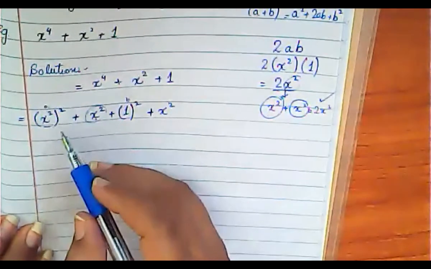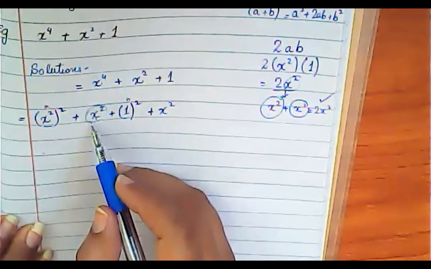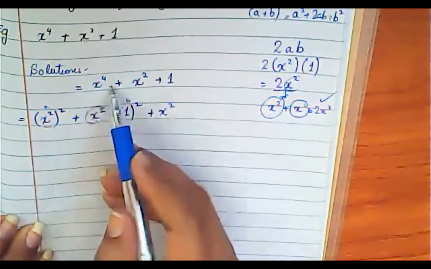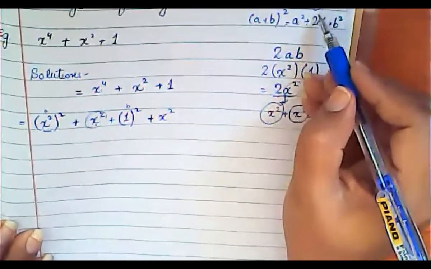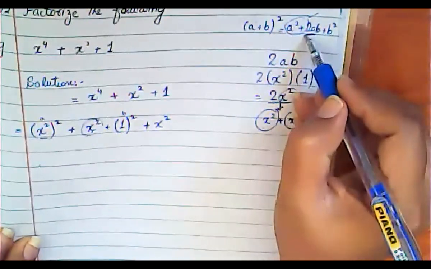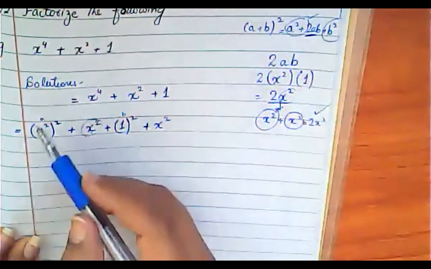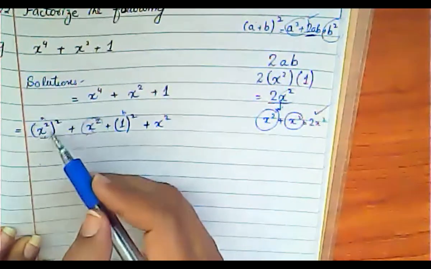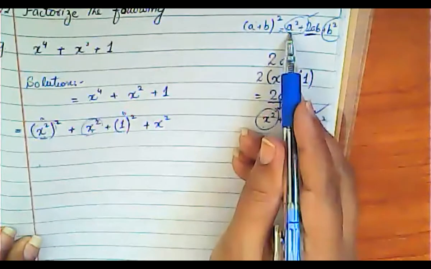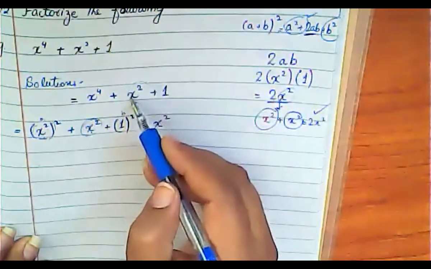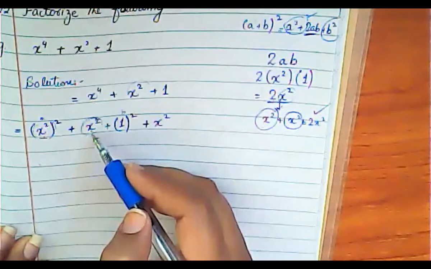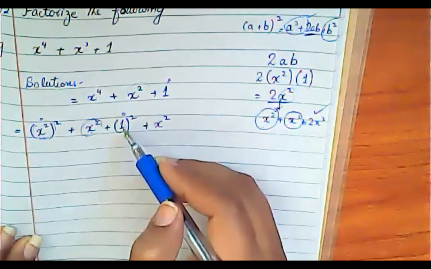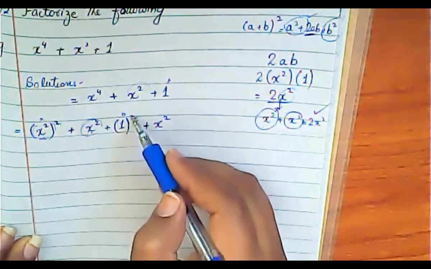What we have done so far, we are going to check this middle term now. What we have here is x^4 + x^2 + 1. If we use this formula, here we require a^2, 2ab and b^2. We can take the square of this one, which is x^4, so we can write here (x^2)^2. So it will become a^2. Next is 2ab, so this is your middle term, 2ab, which you will copy as it is, x^2. And this is 1, which will be your term b. The square of 1 is obviously 1, so simply we will write inside the bracket 1^2.